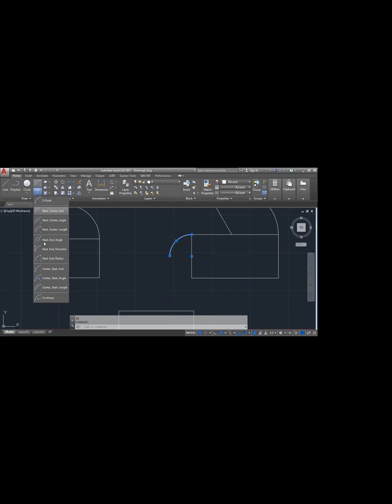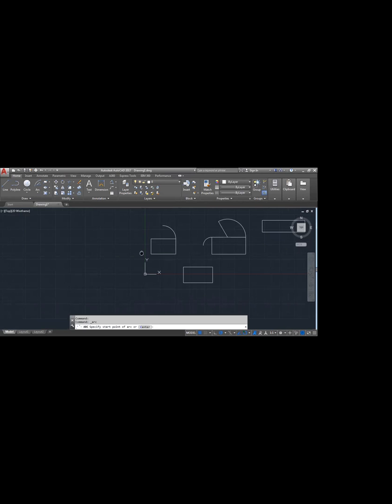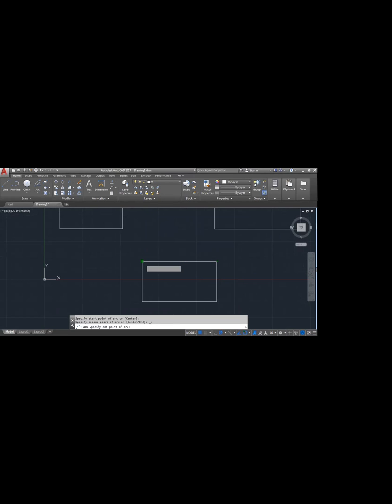And coming to this bottom, start, end, angle. Here see, start, center, start, end. That means starting point, ending point, and how much angularity we need. And the top is starting point, center point, or length or distance, like that. Here start, end, angle. If I'm providing angularity of 150 degrees, you will get 150 degrees tangents like this. Okay, even though if you are making any line, it will be 150 degrees like that.